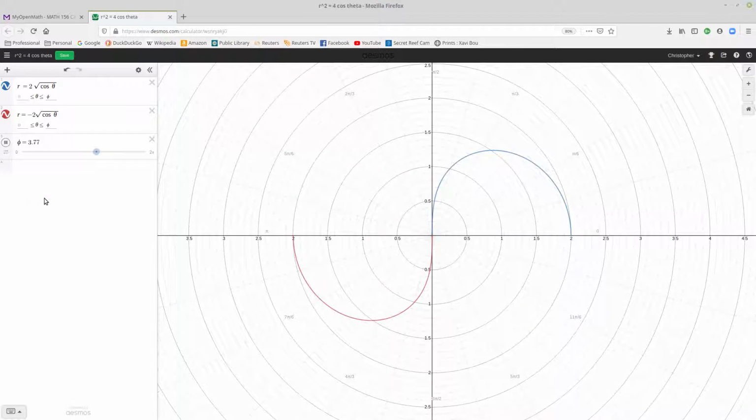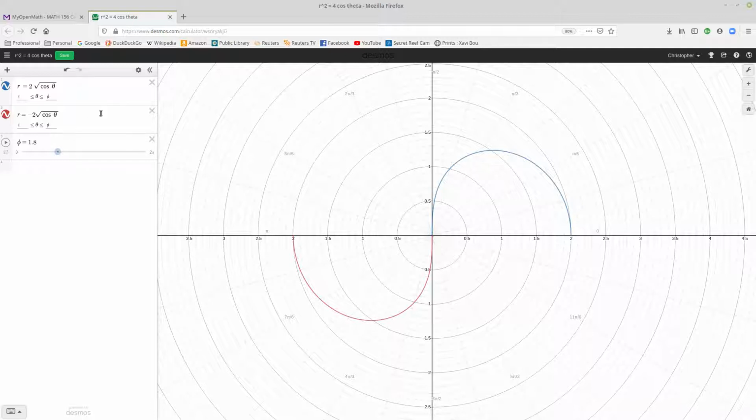Now, wasn't that a little interesting? It paused there a little bit. Now, one of the ways we saw a graph seemingly pause is when it was retracing itself. But that isn't exactly what's happening here. As we scroll and we see both of these get to 0 at around pi over 2, because cosine of pi over 2 is 0, right, and the square root of 0 is 0, and so on and so forth. What happens beyond that? When I scroll beyond pi over 2, my cosine is becoming negative. And since the square root of a negative is not a real number, I do not get a real value